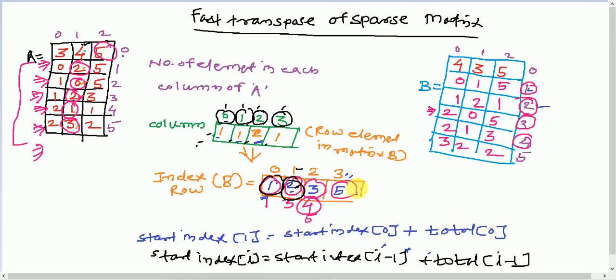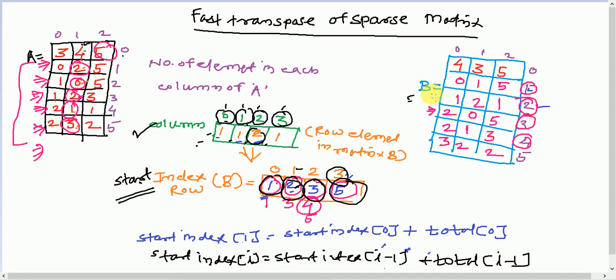So that means, let's say I want to find out the start index of 3. It is equal to the start index of 2, which is 3, plus the total number of elements in 2, which is 2. So 3 plus 2 is 5. The start index of element 3 will be 5. Okay, so we have generated these two columns: this two column array contains the number of elements in the respective column and the start index. So you can call it the row start index column, which gives me, in the respective row, the index of its first element to be inserted in B.